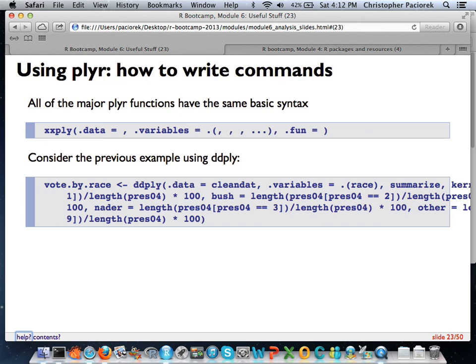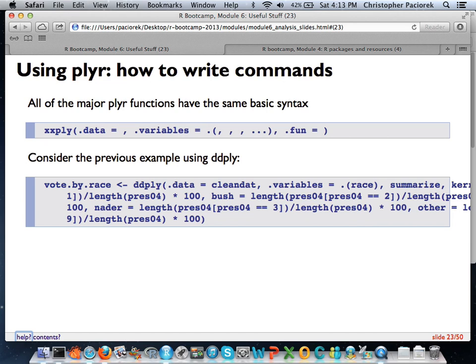Now, I've told you about summarize twice now without actually telling you what it is. So now's the time to do it. Summarize is a function that basically says, I like this data set, it's really cool, but I want you to give me a brand new data set which is comprised of just the things that the function you specify would put out. So we're feeding in this big whole data set that's got variables on race, gender, political affiliation, all that sort of thing.